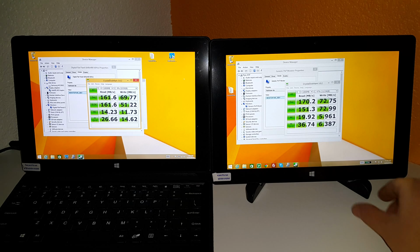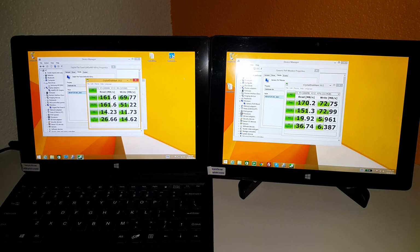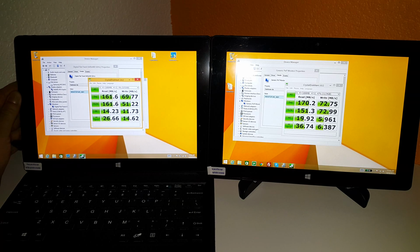This modem now is not included in the W3F version. It's running on a slower Atom processor at 1.8 GHz instead of 2.4. That slower processor is the Atom Z3735F. And the original model, the W3, which is here on the left, this here is running the 2.4 GHz Atom